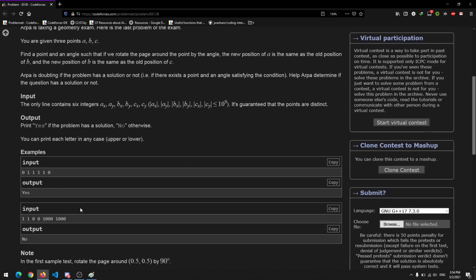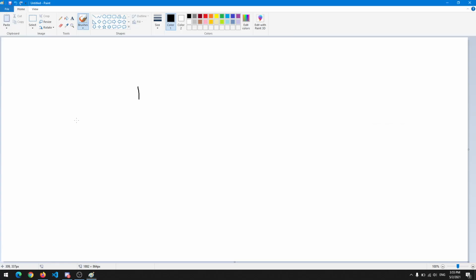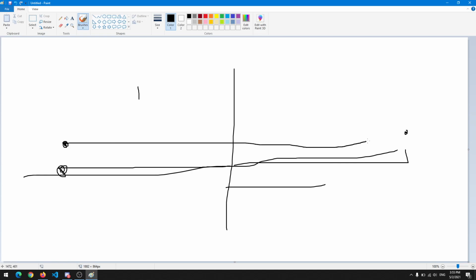Okay, so whenever we calculate distances, let's just assume, let's plot these points. It would be minus 1000 comma 1, so it would be something here. Then this would be plus 1000 and 1 here. As you can see, these lie on the same line, and B point is 0 comma 0.